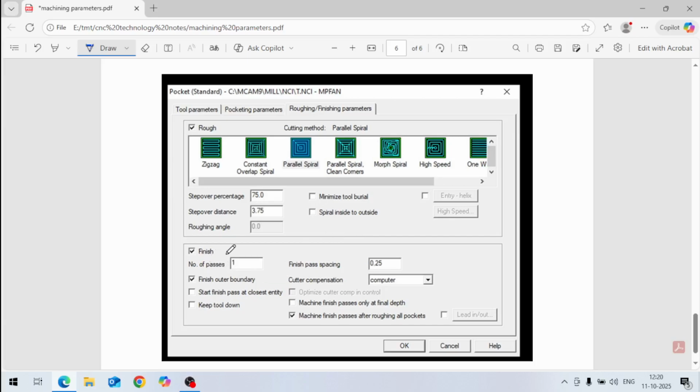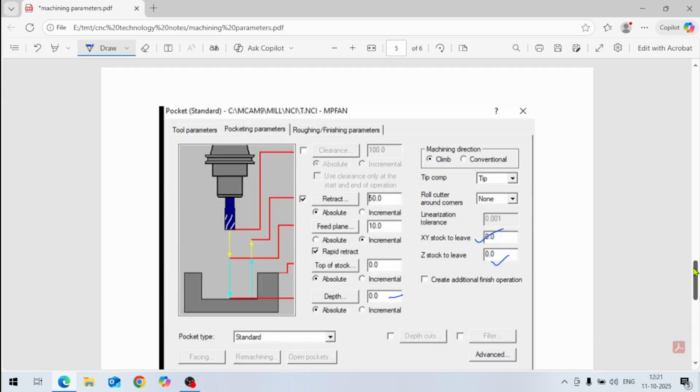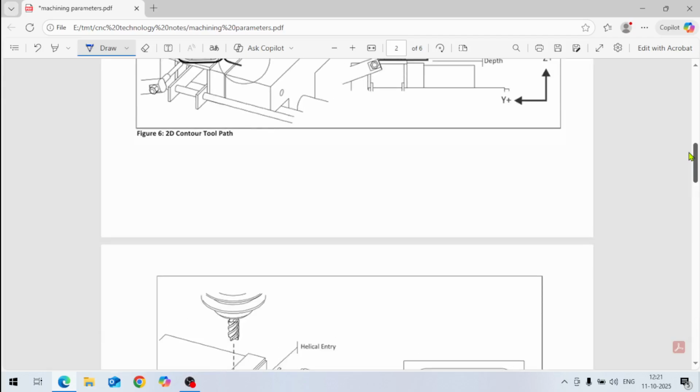And then finishing is there, finish pass is there. In finish pass, spacing is given here as 0.25. Cutter compensation is given here, G42 or G41, that compensation is there. And one more thing is there here, helix entry and lead in lead out. These two things, what is helix entry and what is lead in lead out, I am going to explain here with a sketch. So this is our